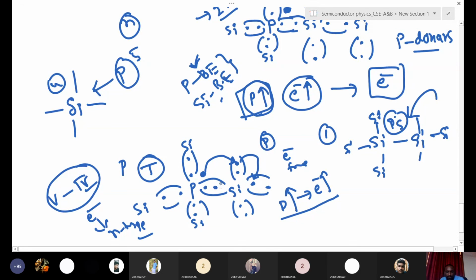Yes, please ask freely. Does the free electron replace only electrons from neighboring atoms, sir? Yes, that bond is breaking. Whatever free electron phosphorus has, once it gets thermal energy, even at room temperature, it will break the neighboring covalent bond. Like that, once this electron breaks the bond, this electron will